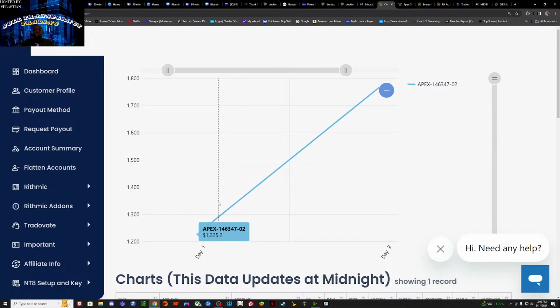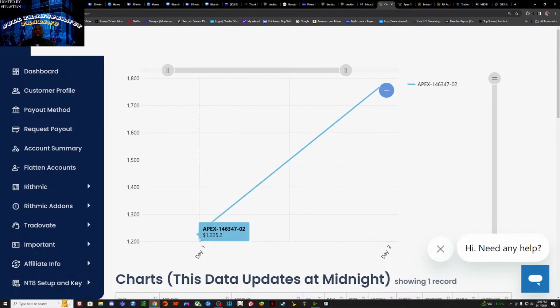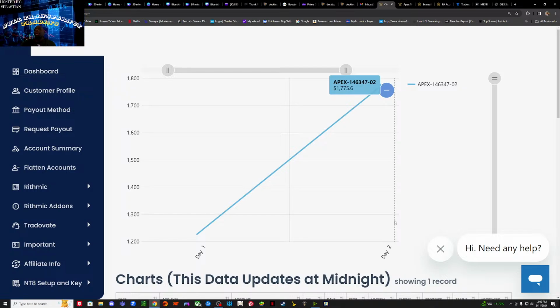Okay, so this chart here was day one. I'm on the third day of this account being open. On the first day, I made $1,225.20. Then on the second day, I made $1,775.60, right? So that put me over the $3,000 threshold that I needed to have this account funded. But they have a rule where you absolutely have to trade for 7 days. So even though I have 2 days down and I hit the goal in 2 days, I have to trade